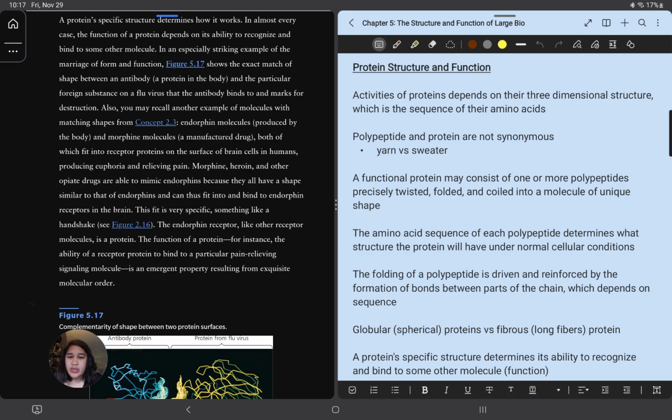The endorphin receptor, like other receptor molecules, is a protein. The function of a protein, for instance, the ability of a receptor protein to bind to a particular pain-relieving signaling molecule, is an emergent property resulting from exquisite molecular order. Okay? And something to note is that